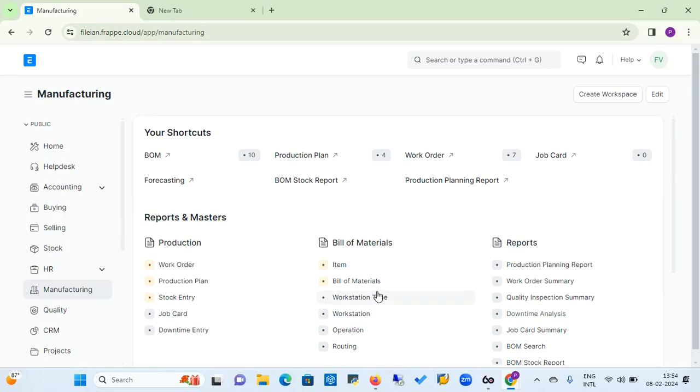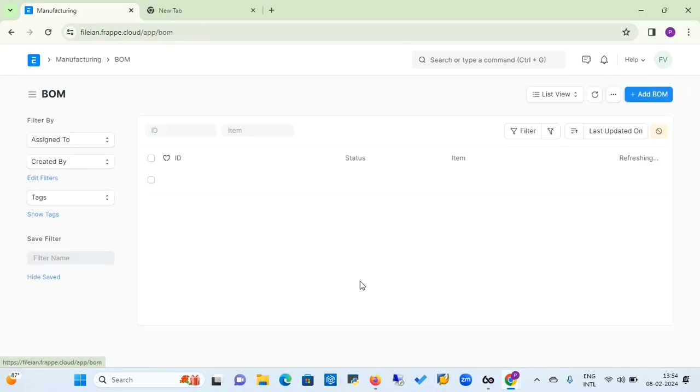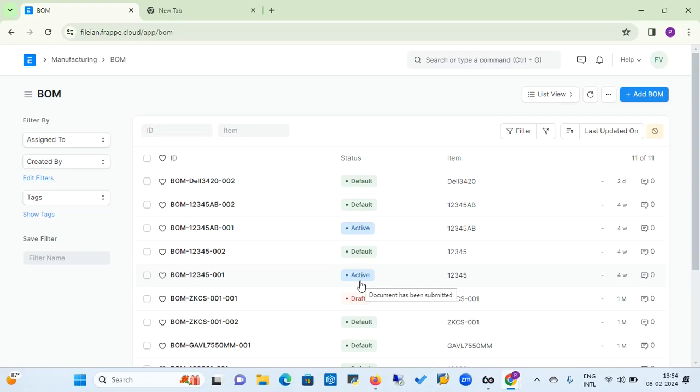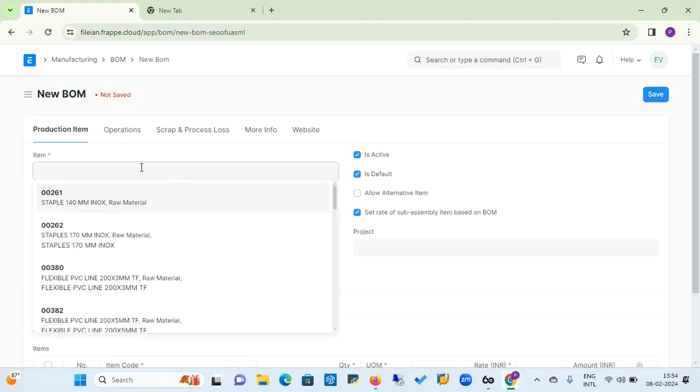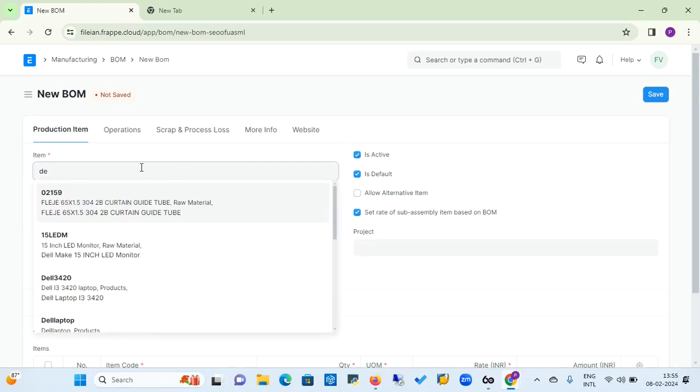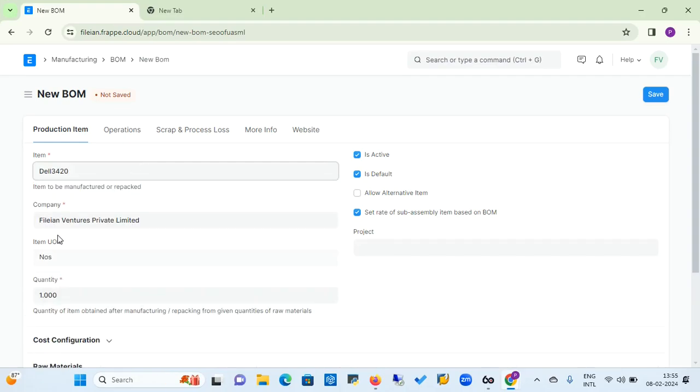Now we will see another part of how we can create a bill of material. For that, you need to go to the bill of material node. Under bill of material, if you click on the bill of material node, then you will land on a bill of material page where you need to click on add bill of material. Here, first of all, you need to add an item code which you want to produce. So I have selected this Dell